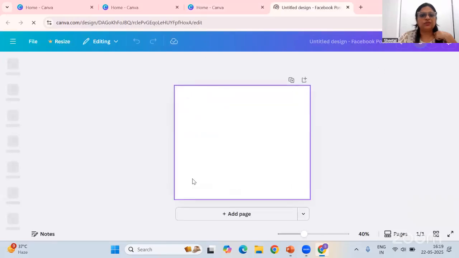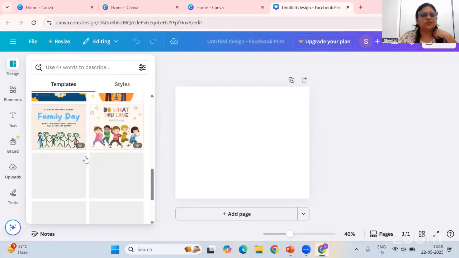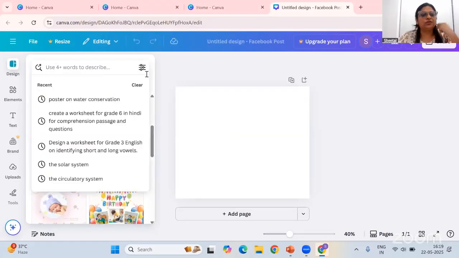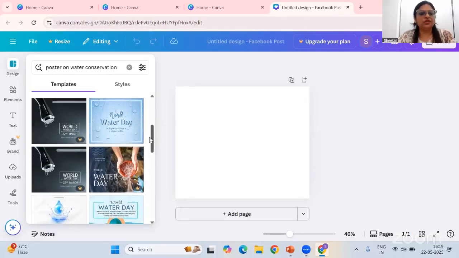This will give me a blank template, blank screen, and on the left-hand side we have the templates. So I have to give here the topic on which I want to create a poster. Suppose I want to create a poster on water conservation. So I will see, it will give me so many